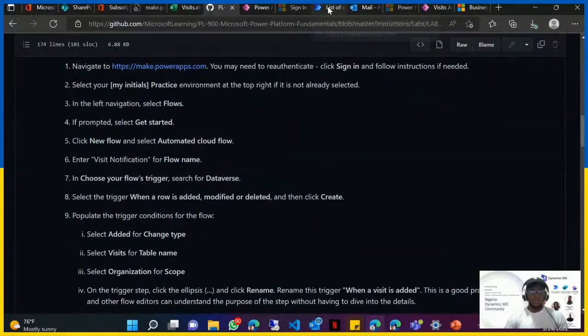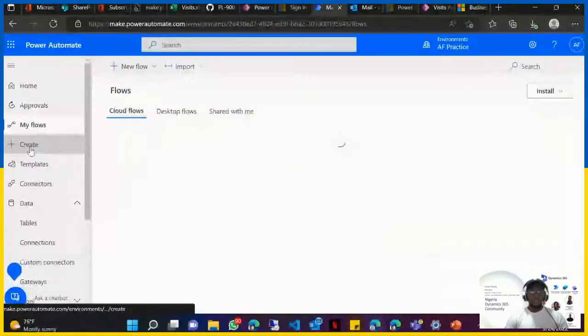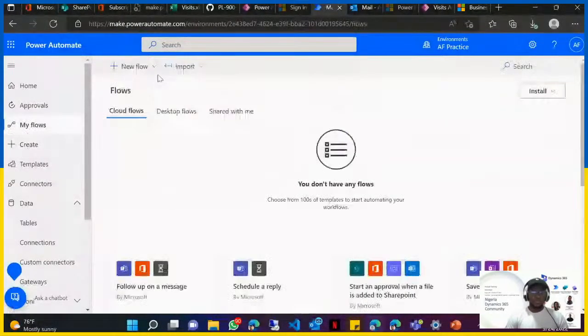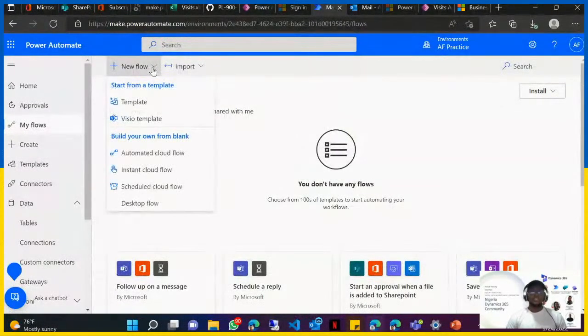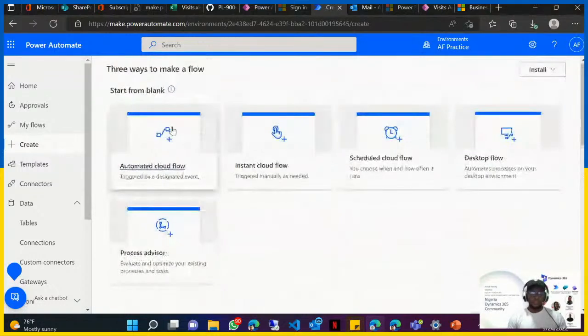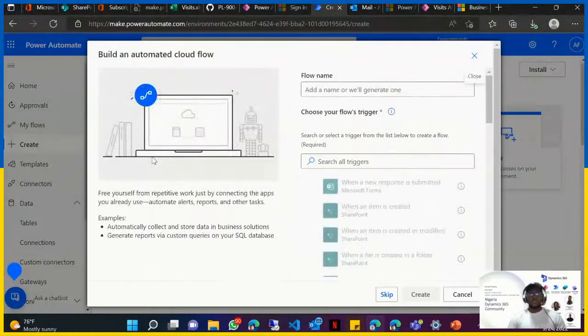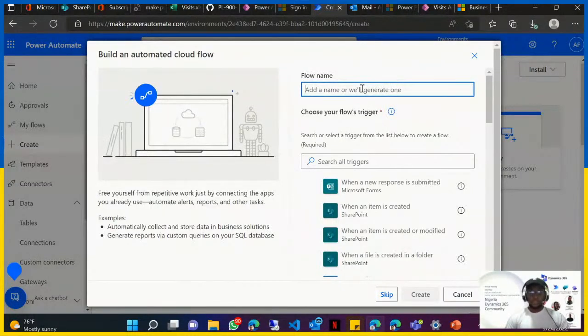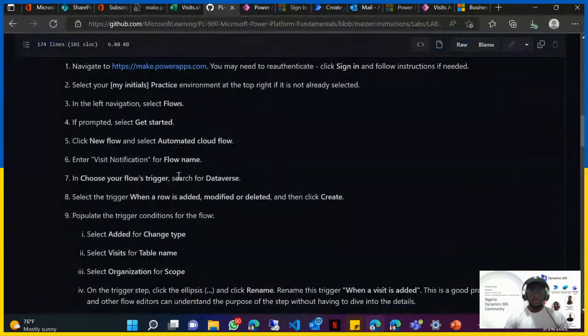So I'm going to go back to the top here, to create rather. You can start from My flows as well. You click on this drop down here, you would see that you have new flow and you can pick automated, instant, scheduled, or desktop. But here also you have a more visual of it. Now I'm going to say my flow name should be, what's the name of that process again? I'm going to call the flow visit notification flow,